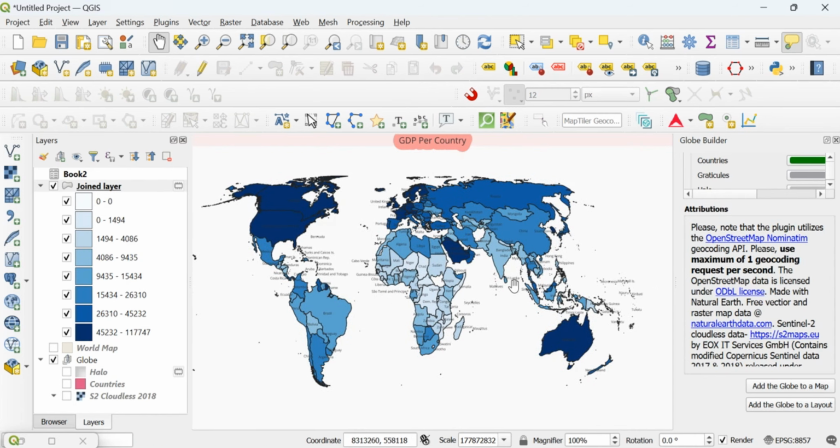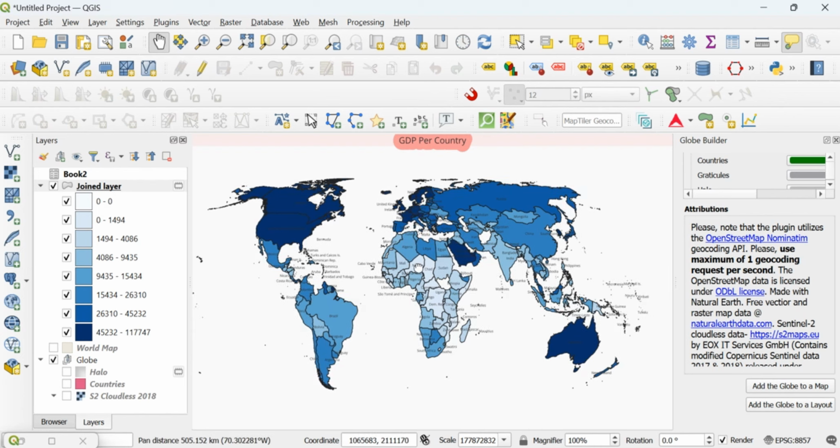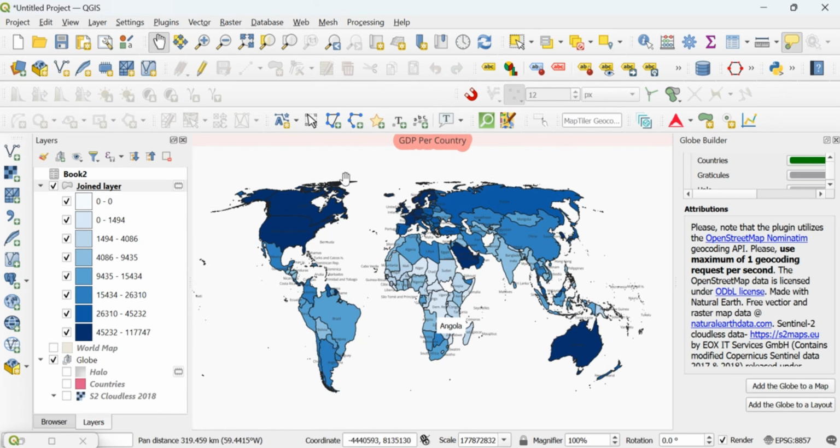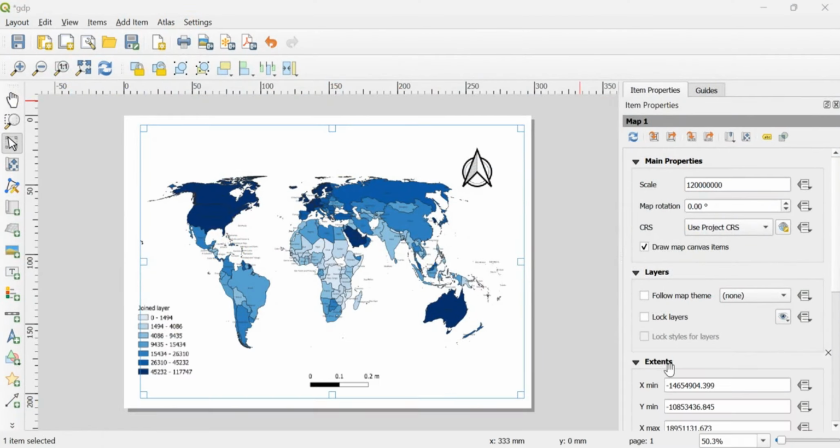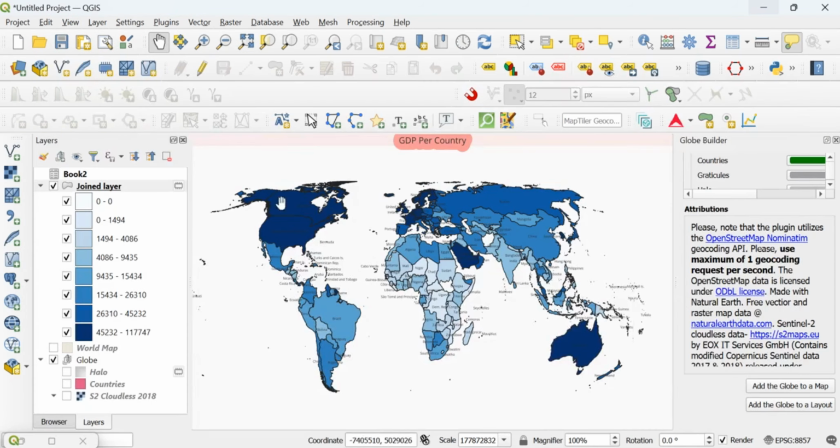So if you are able to export this, then it's possible to also include the legend or the other notes or other visuals you would like to put here, maybe some graphics. Then it's good to export it this way and not in the map layout, because that also takes a lot of time.